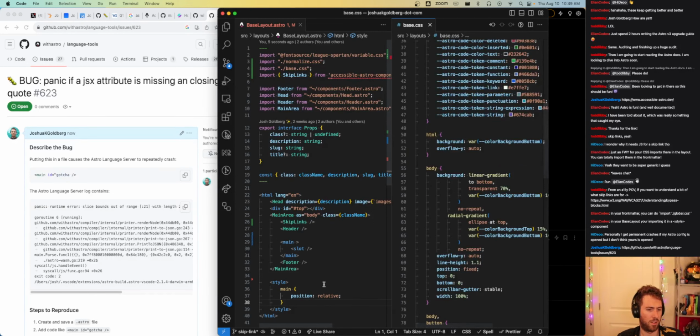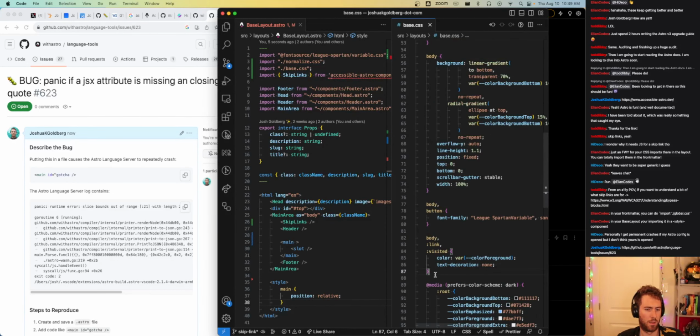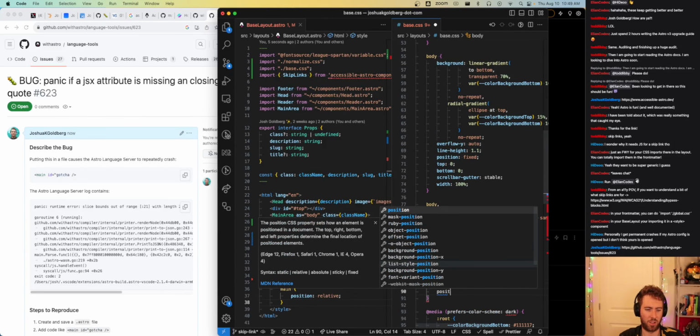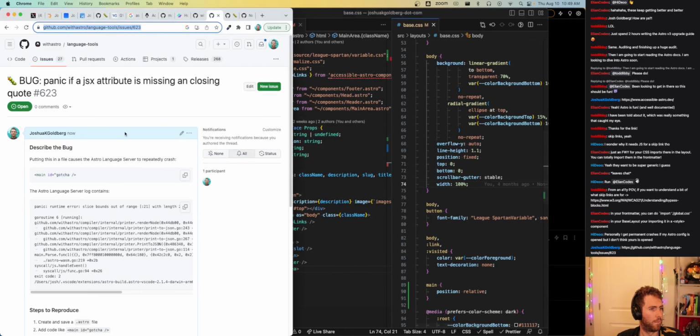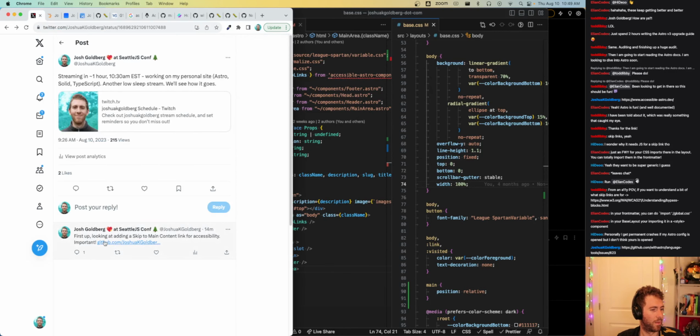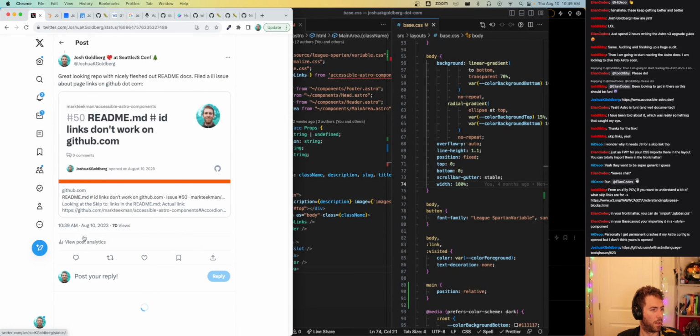Their base, HTML, body, link visited. Why didn't I just do this? Main, position, relative. Huh. Oh, anyway. Oops. File debug on Astro.